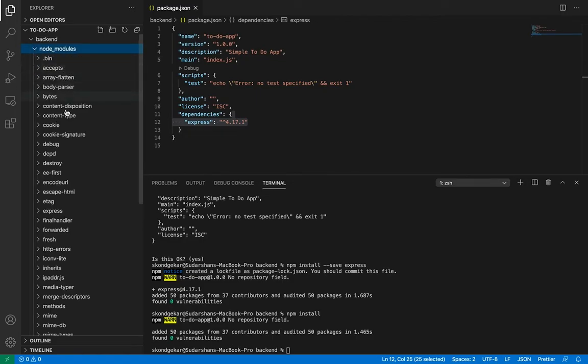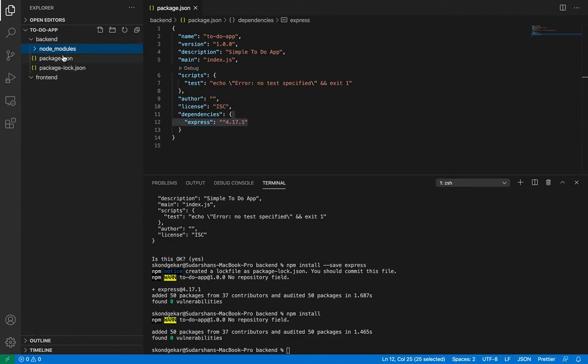Now because node_modules has so many folders and it will be a huge folder, we do not actually consider this as source code, and that is the reason the package.json file is used to recreate the node_modules folder every time I run npm install. It is possible that this is quite difficult to understand at this stage, but